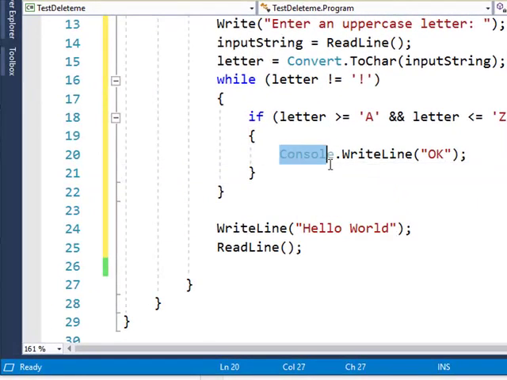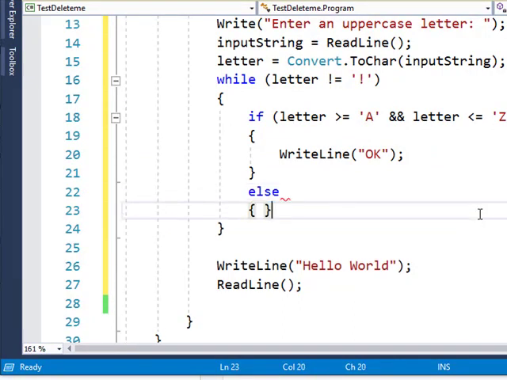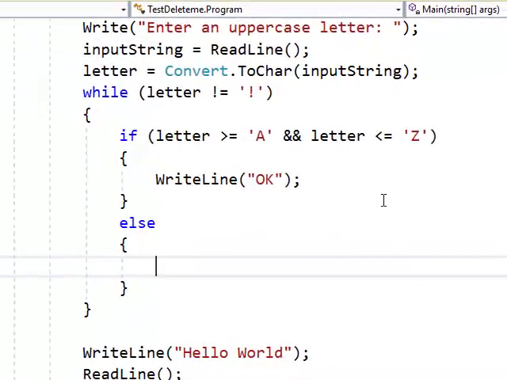And again, I don't need console in there. Else, and I should really put this between parentheses. If I only have one line after each one of these, you'll notice that people don't put in curly braces, but it's always a good idea to put in curly braces. In this case, I'm going to have more than one line. So I'm going to say, if it's not an uppercase letter, then I'm going to say